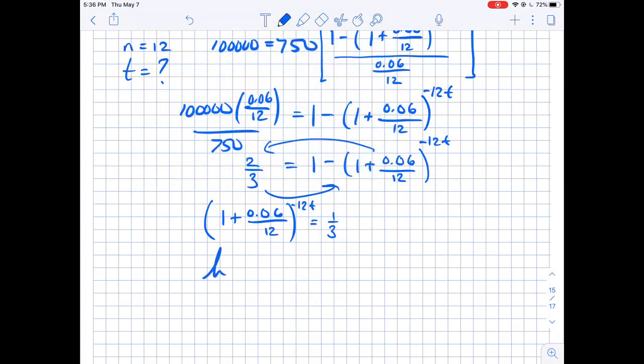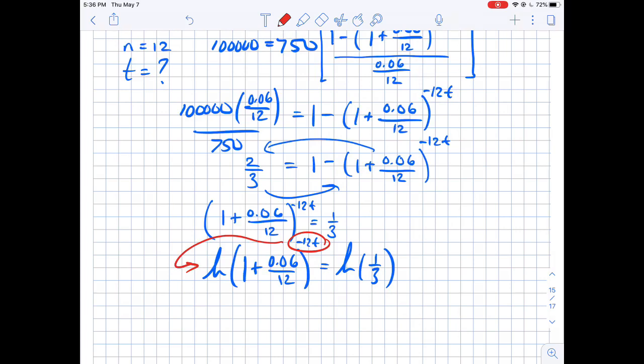What we end up with is ln of (1 plus 0.06 over 12) to the negative 12t is equal to ln of 1/3. Now, why did we do that? Well, properties of logarithms means that we can now take this exponent out of the logarithm, and we end up getting that negative 12t is going to be ln of 1/3